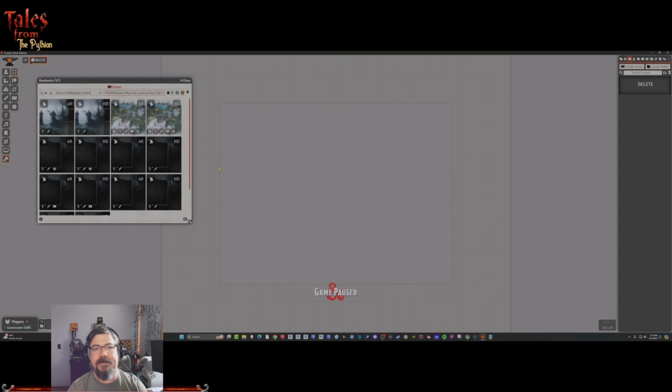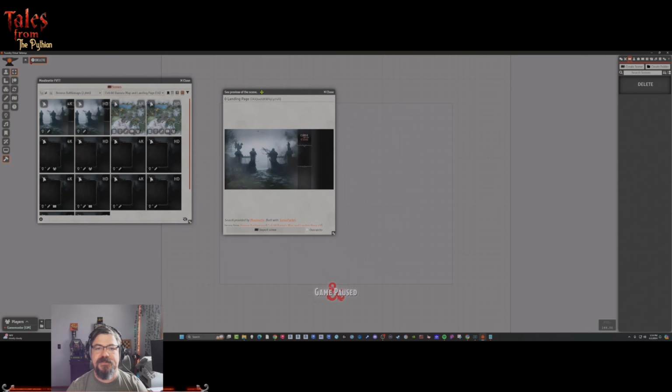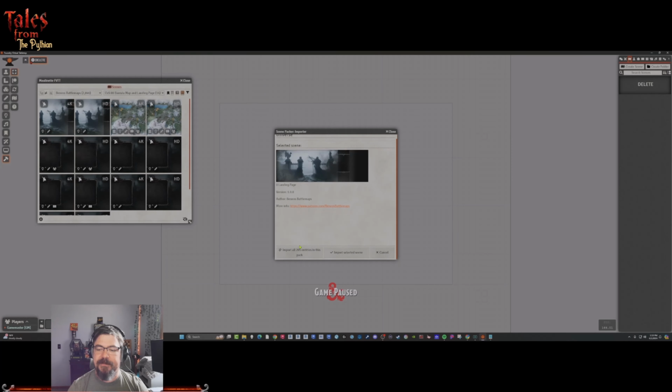That's going to narrow it down. Once I click it, it pops up this first dialog box. It gives me a little preview of it. And then I can just import the scene. Once I click that button, it's going to ask me if I want to import all of the entities of this pack or just this scene. And it does just exactly that. It will only import what we see right here in this little image box. However, if I clicked import all 205 entities, it's going to pull in all of the 4K scenes, all of the journal entries, everything. There's actors that are tied to this. It's going to pull that all in one bang. And so we're going to just click go